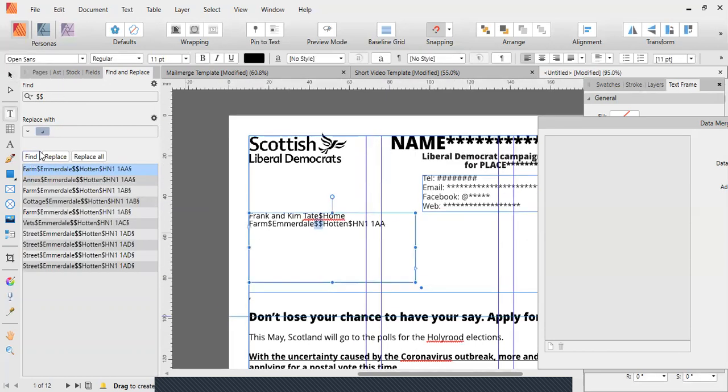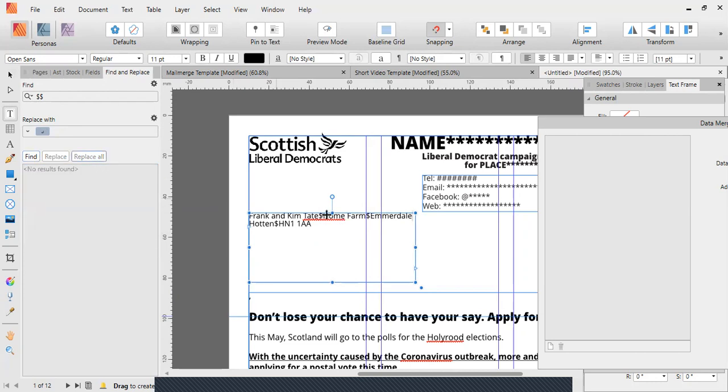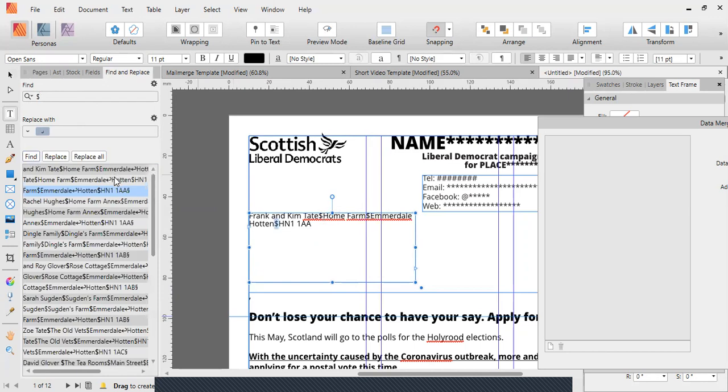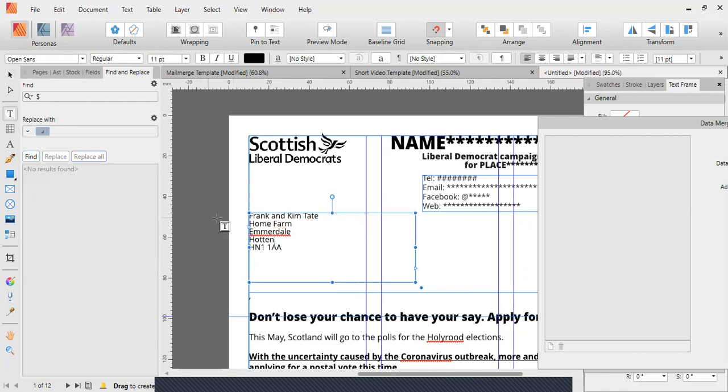If I then go on to finding two $ next to each other, you'll see there are a few of those. They've now shown up here. And if we replace all of those with a line break, okay, you'll see that those have now disappeared. And then if I change it again to just one, okay, and obviously there's a lot more of those, and if I replace all, you'll now see